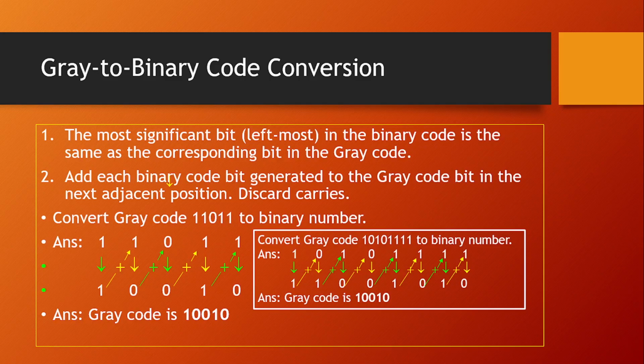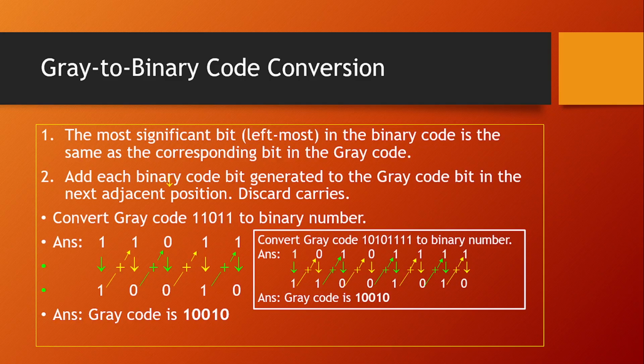So the 10 valid combinations of XS3 code are shown here. For 0, we have 0011. So add decimal 3 to 0. So 0 plus 3 is 3, and the 4-bit equivalent of 3 in 8421 is 0011. For 1, add 3. 1 plus 3 is 4. So the equivalent XS3 code will be 0100. Similarly, if it is 9, then add 3, so it will be 12. So 1100 will be the XS3 code.